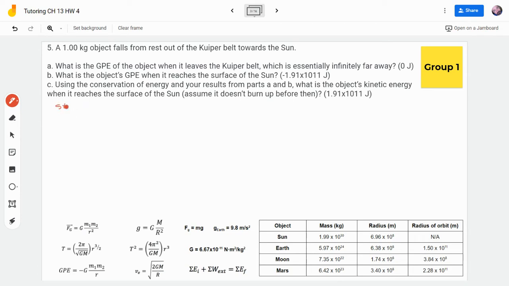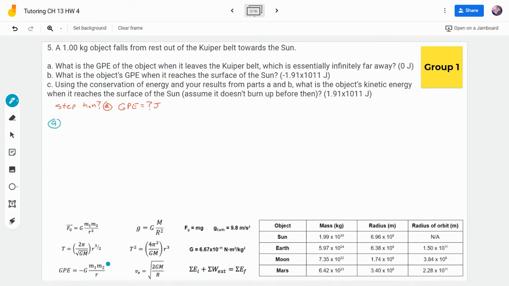Part A. What is the GPE of the object when it leaves the Kuiper belt, which is essentially infinitely far away? Okay, so we're looking for GPE. GPE will be something in joules. Okay, so for part A,